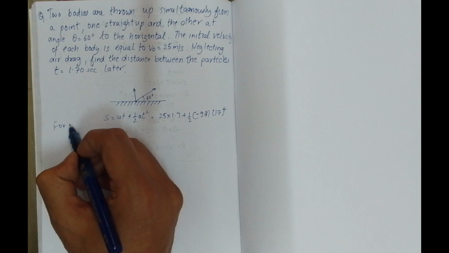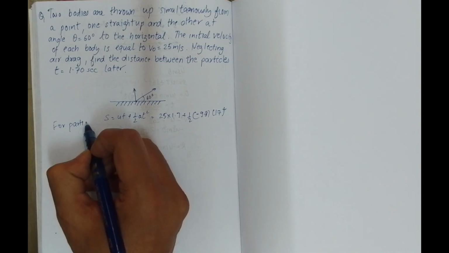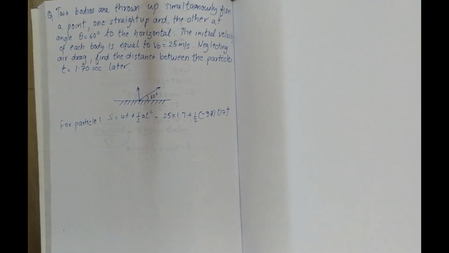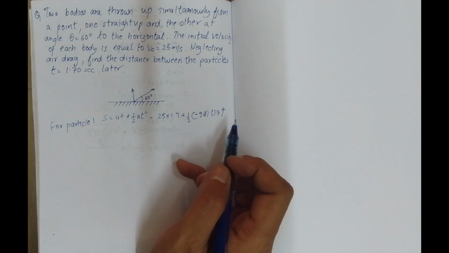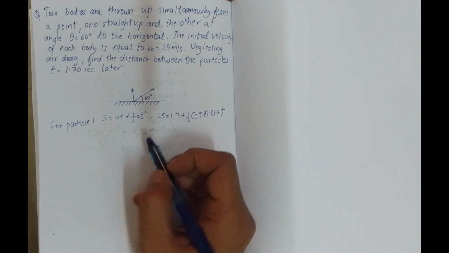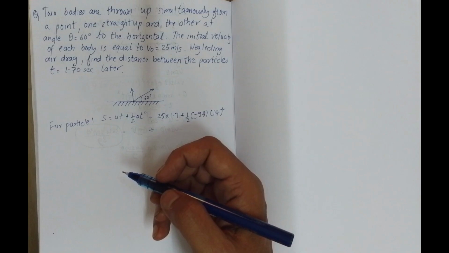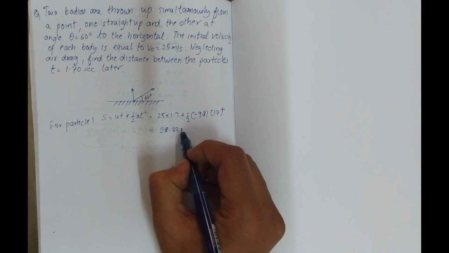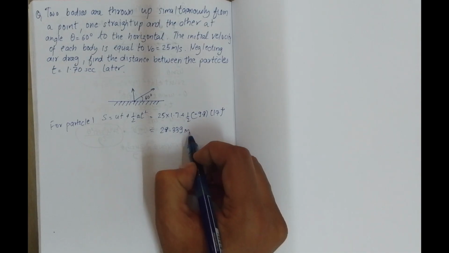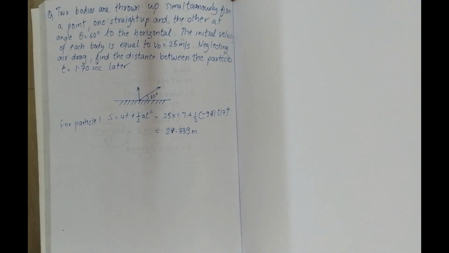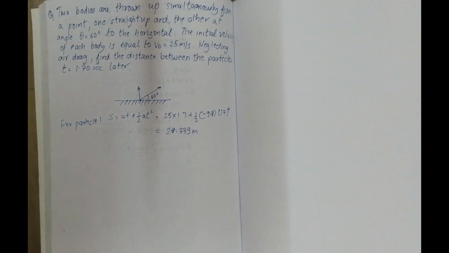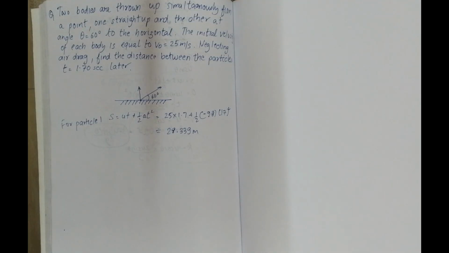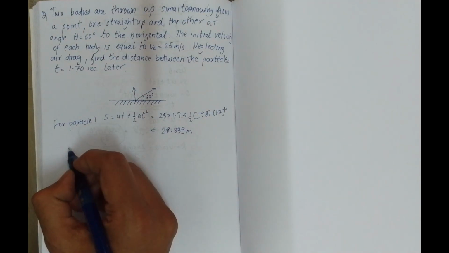or for body 1. I have to calculate this. This will be equal to 28.339. This is the vertical displacement for the particle 1. For particle 2,